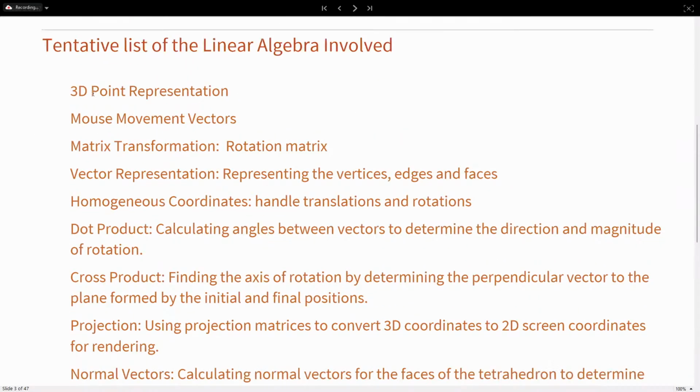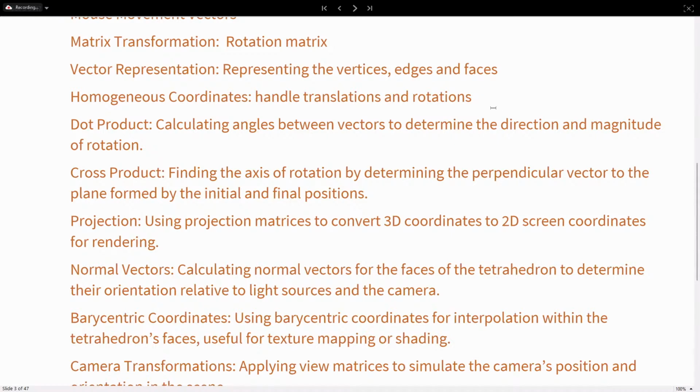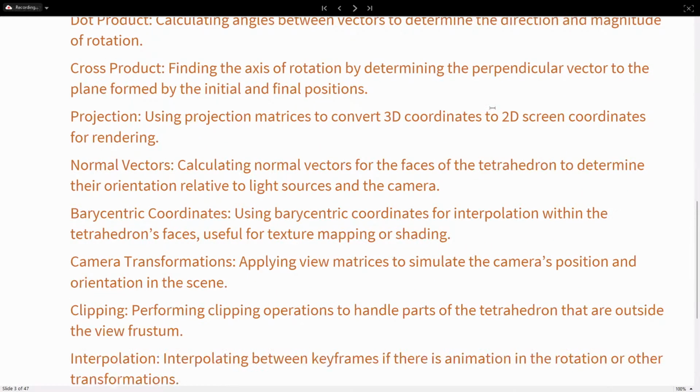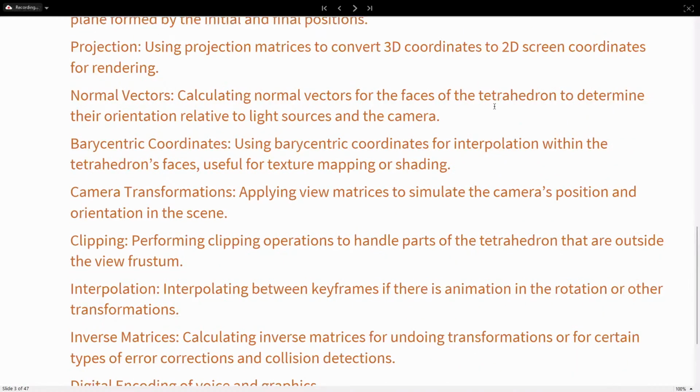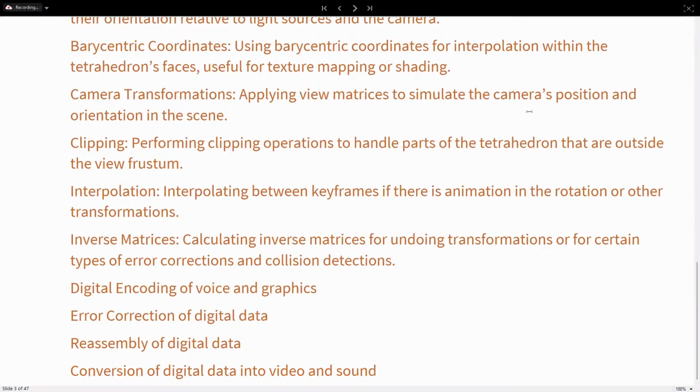We've got 3D point representation, mouse movement vectors, matrix transformations, vector representations, the way the coordinates are handled through translations, dot products, cross products, projections, since we're putting this 3D image onto a 2D screen, normal vectors, barycentric coordinates, since we're moving things around like the cube and whatnot, camera transformations, clipping, interpolation,